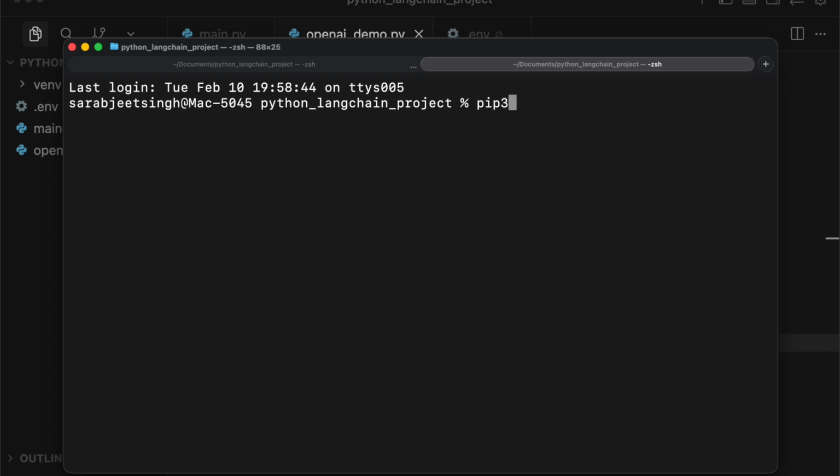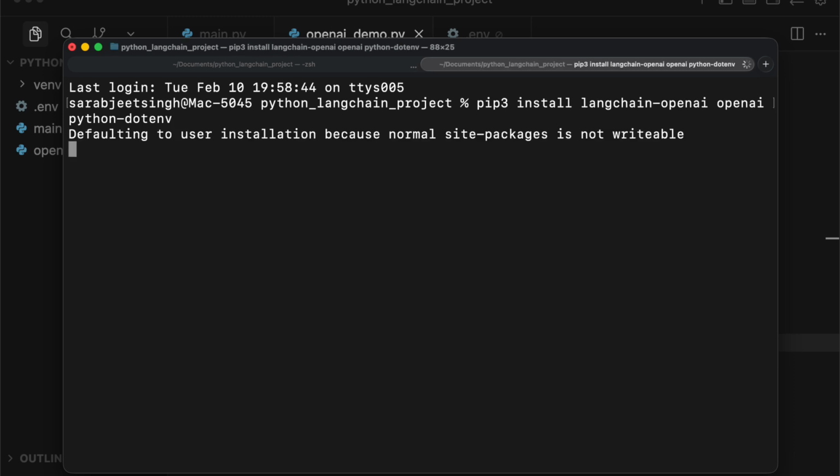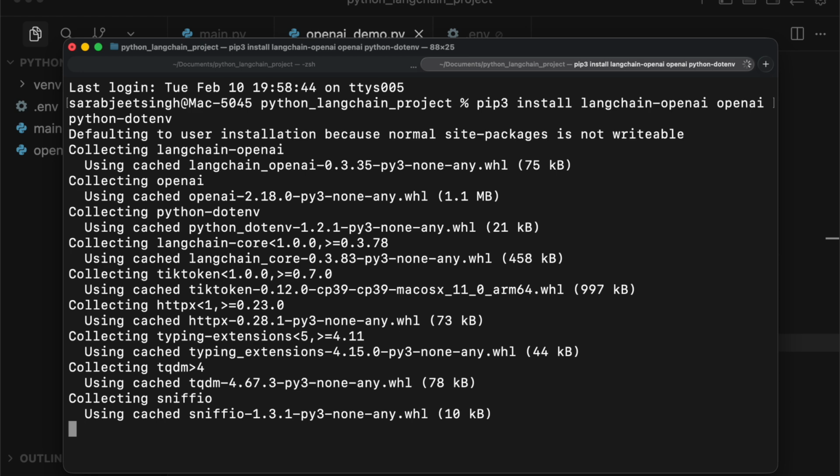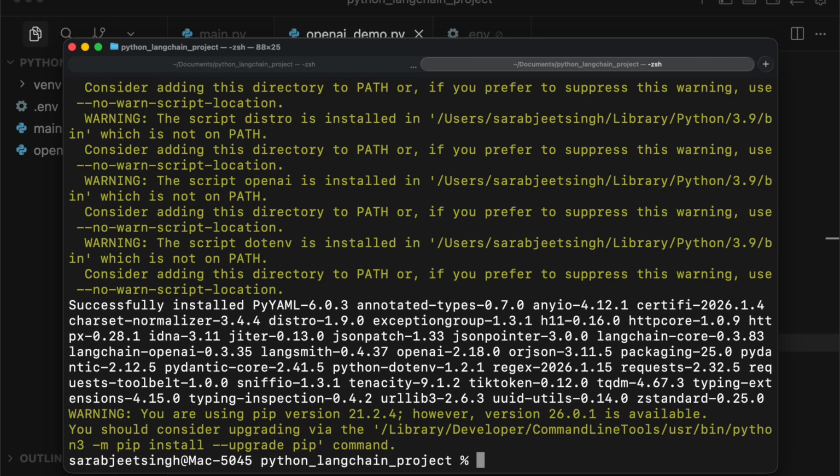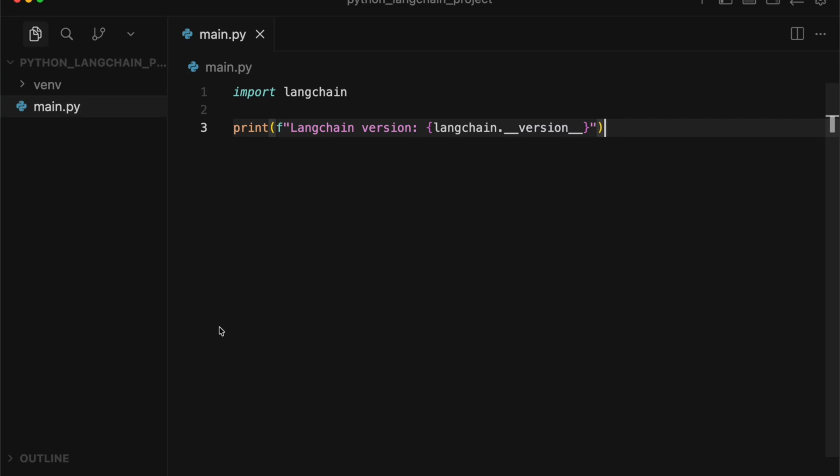Now let's install our next packages using pip, which are langchain-openai, because we are going to start with OpenAI, then openai, and then python-dotenv for environment variables. And let's hit enter. This is going to take some time, so I'm just going to skip this part. Okay, now let's go back to our editor and create a new file for this one. Let's name it